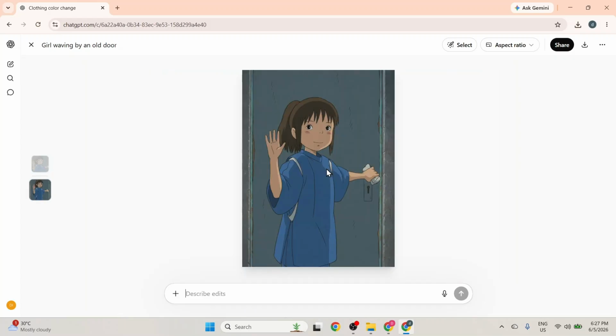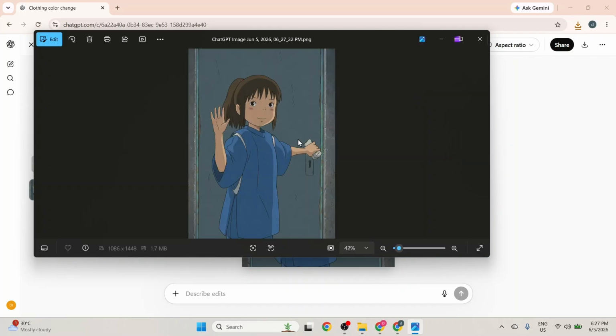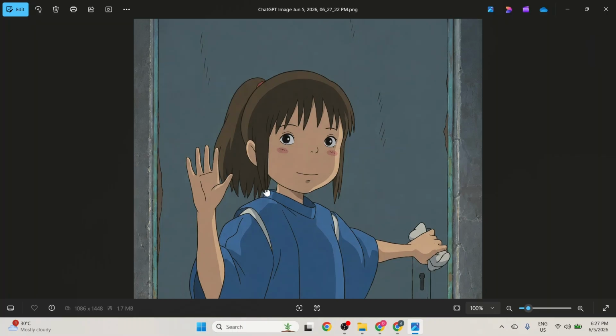To save this new version to my computer, I move my cursor to the top right corner of the window and click the download icon. A notification appears confirming that the file has successfully downloaded. I click directly on the completed download link from my browser notification, which opens up the image file in my